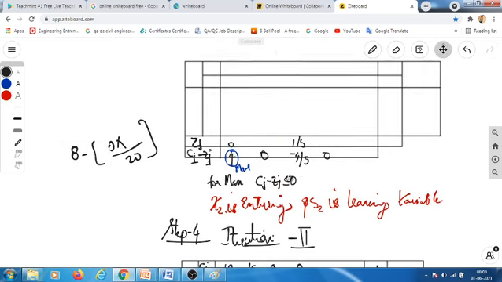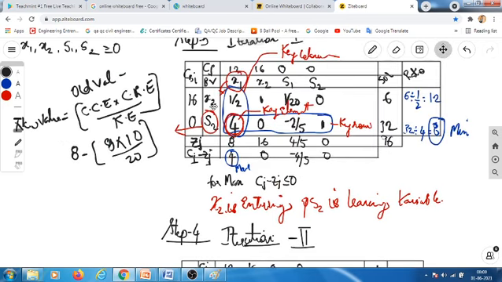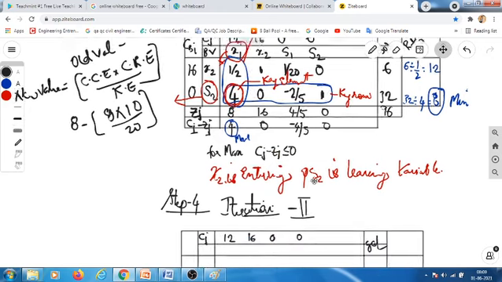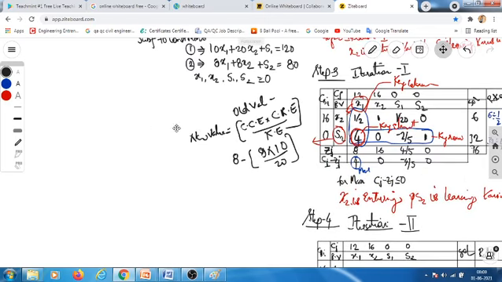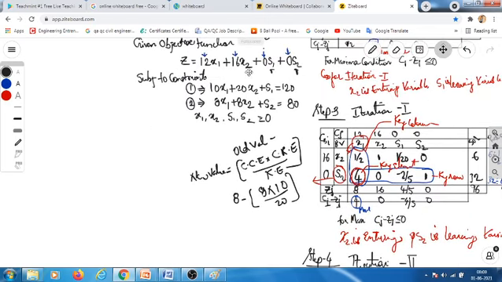Now look over here. Earlier, what did we have as basic variables? X2 is over here. Instead of S2, what do we need to write? X1. So write X2 and X1. X2 was already there. Instead of S1, what do we need to write? S1. So what is the coefficient of X2 in the objective function? It is 16. Look at the objective function. From it we write the values: the coefficient of X2 is 16, the coefficient of X1 is 12.